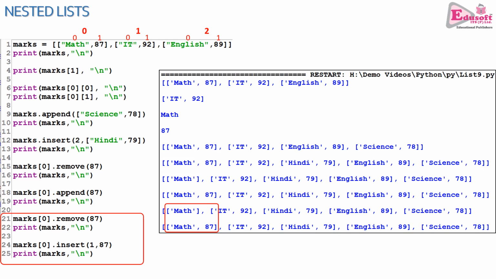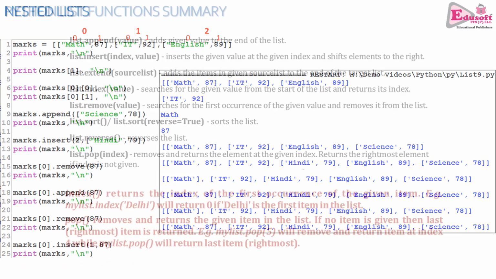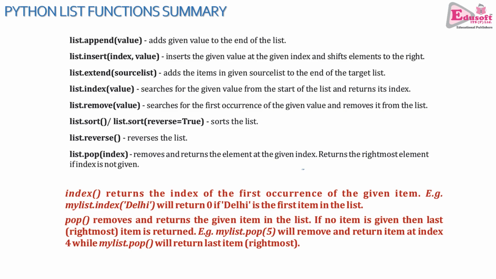So that is the quick glimpse on Python lists: how you can create an empty list, how you can load the values in the list, and then how you can manipulate the list in multiple ways with the help of index positions of the elements, the slicing concept, or the various functions available with the list object. And this is how you can handle multiple values using the list data structure. All you have to do now is practice with certain examples all the concepts related to lists which you have learned here.